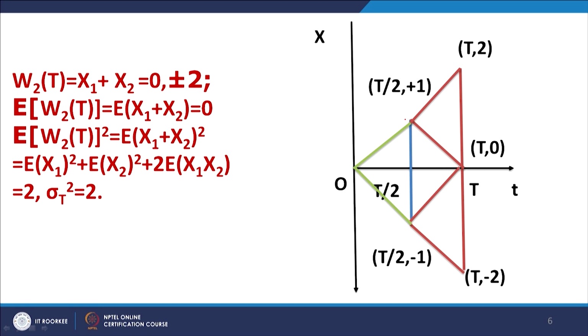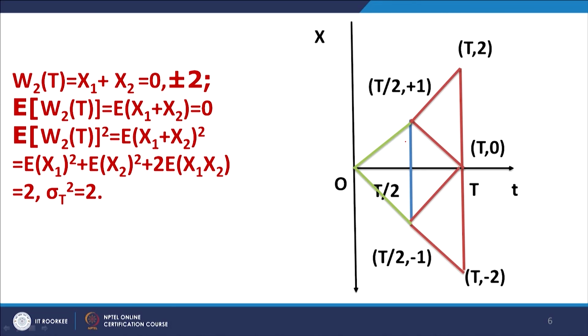So, the possible positions at t equal to capital T by 2 are +1 or -1. Thereafter, when the clock strikes capital T, you toss a coin again, and